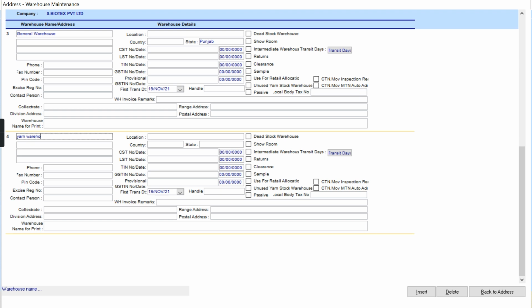That is the same. State, create Punjab. Yeah, please create one more for garment, other finished garments.